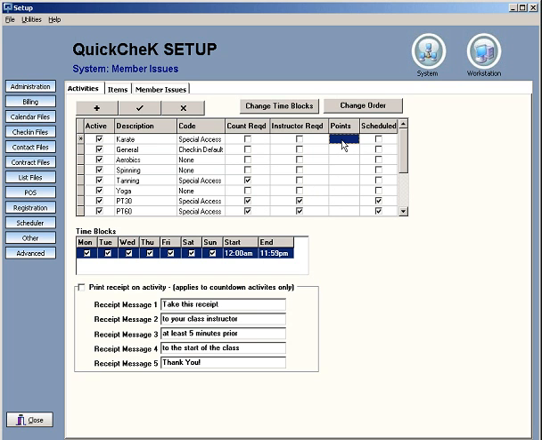In the points column, you can enter point values for your activities so that people get points for specific activities, and you can add those points up and give out rewards. You can say karate is worth 3 points every time someone visits, a general visit would be worth 1 point, etc. The scheduled option at the end